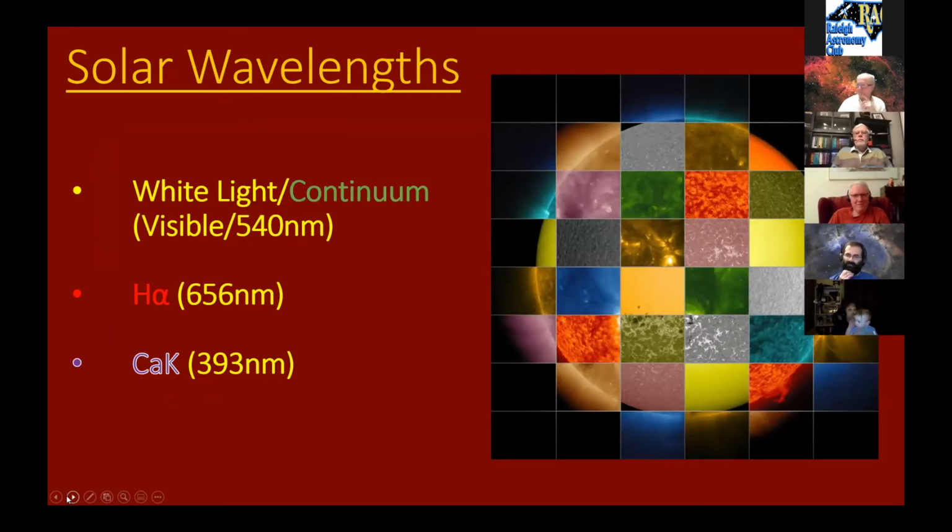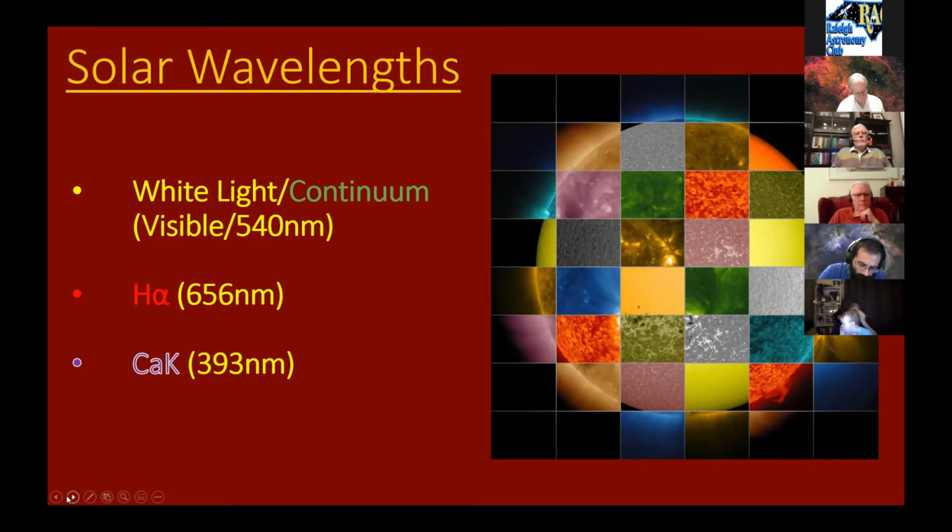yeah, imaging in solar wavelengths. I'm only going to talk about the three wavelengths that are most common in the hobby. We have white light, which is basically all the wavelengths, but the features you can see in white light can be accentuated when you use a continuum filter that filters at a wavelength of 540 nanometers and rejects everything else. If you remember the electromagnetic spectrum, 540 nanometers is pretty square in the green section